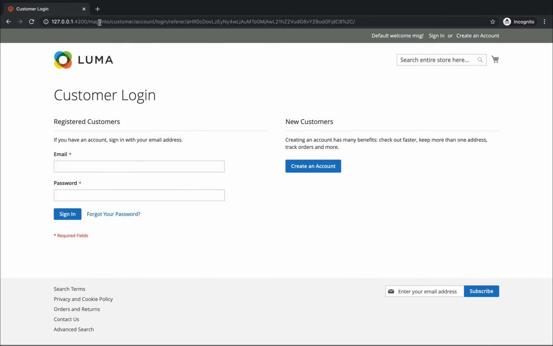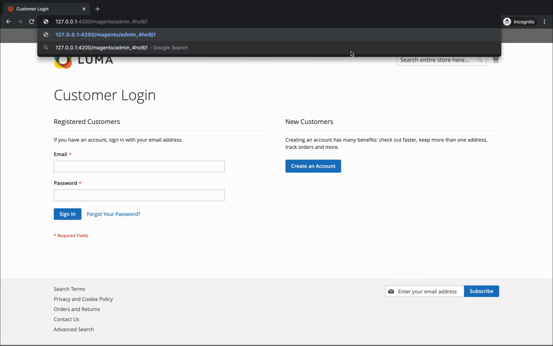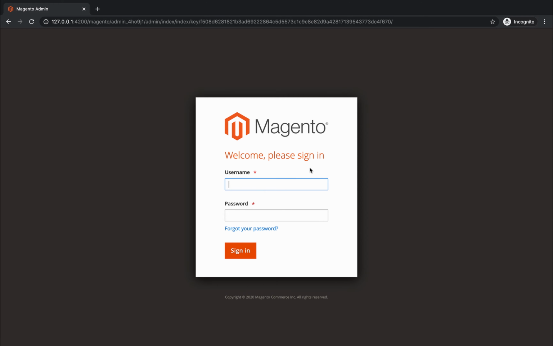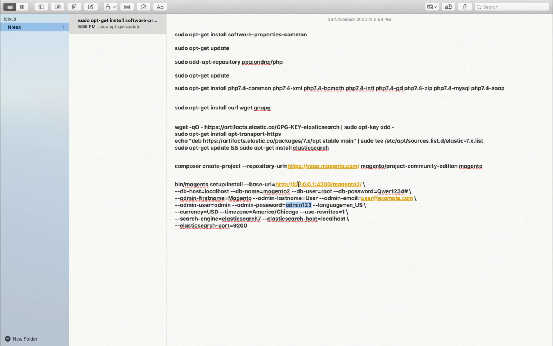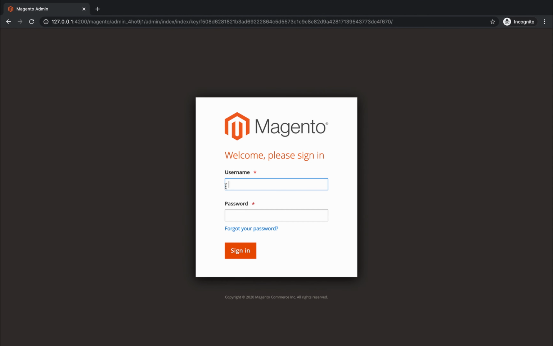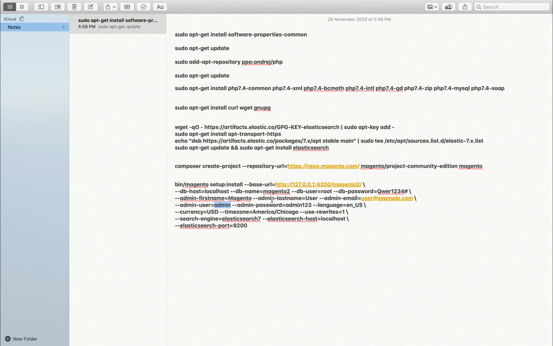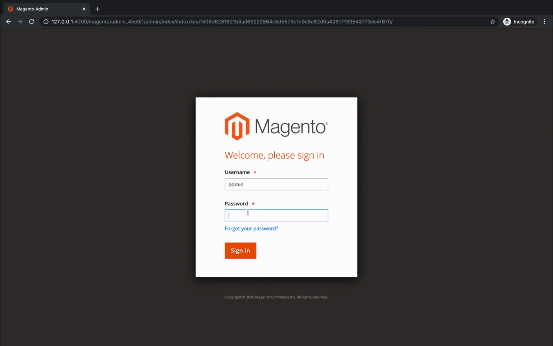You have to come here and replace this value with the value mentioned there. Here you can log in to your admin panel using the same credentials which you used during installation. The admin user mentioned here is the username of the admin panel, and the admin password is the password you use to log into the admin panel.